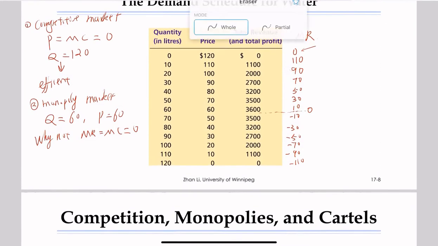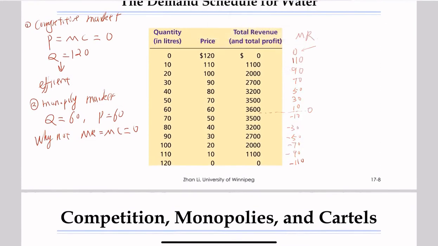Okay, so let me remove these redundant marks. What you can see here is the monopoly market is definitely inefficient, right? Because the quantity is just half of the quantity under the competitive market. And the price is also much higher compared with 0 price under competitive market. Now let's think about the third case.